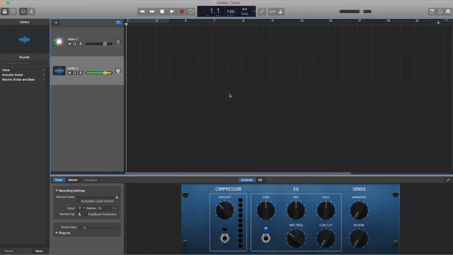For the 2 tracks, the settings are exactly the same, the controls are exactly the same. Just one thing, when you're recording, make sure you select the right track before you record. And it's okay if you forget to do that. It happens to me all the time. For example, I'm on audio 2 and I forget to switch to Aiden C, and I want to say something on Aiden C and say, "Pardon me, are you Aaron Burr, sir?" Okay? But then I actually wanted it to be on Aiden C.